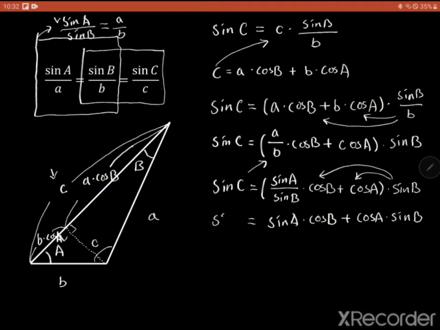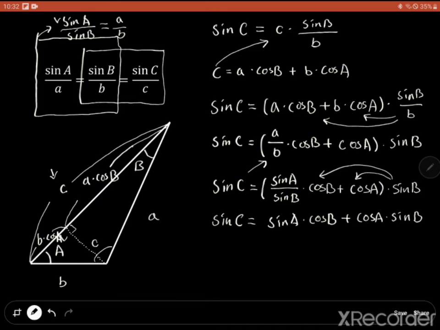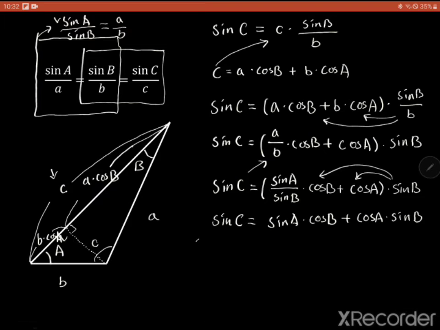Yeah, we are almost done. Now on our right hand side, we have the trigonometric addition formulas, and now we have this problem, sine